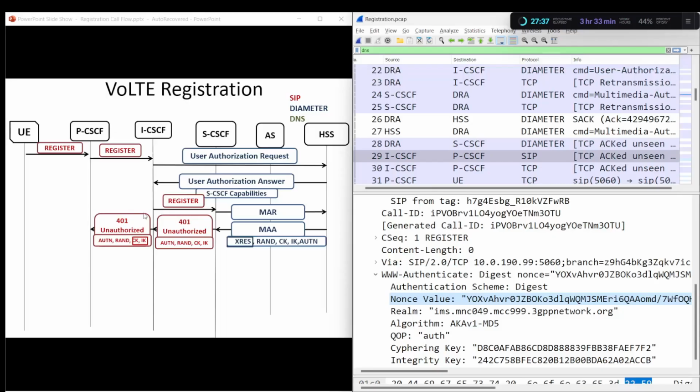Will the proxy CSF also send all this information to the UE? The same answer will be no, because the UE till now also is not authenticated. As we mentioned in the theoretical slide, what will be sent only is the authentication token and the random. So this is sent to the UE, which is here the nonce value containing both concatenated with each other. The ciphering key and the integrity key will remain in the proxy CSF,